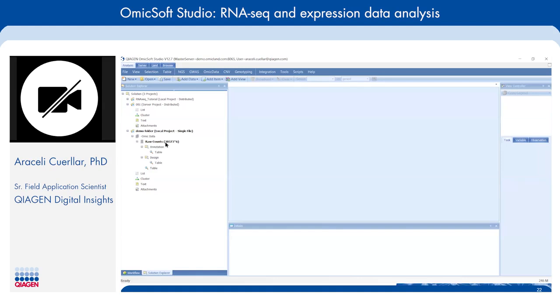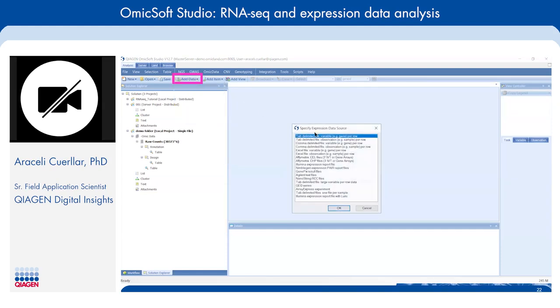matrix. Now, since we are also working with normalized counts, we can go ahead and add those as well. And it's going to be the same process that we did with the raw counts. We're going to go ahead and go into the add data, add omic data, add expression data, and then here we're going to select the Excel variable per row,